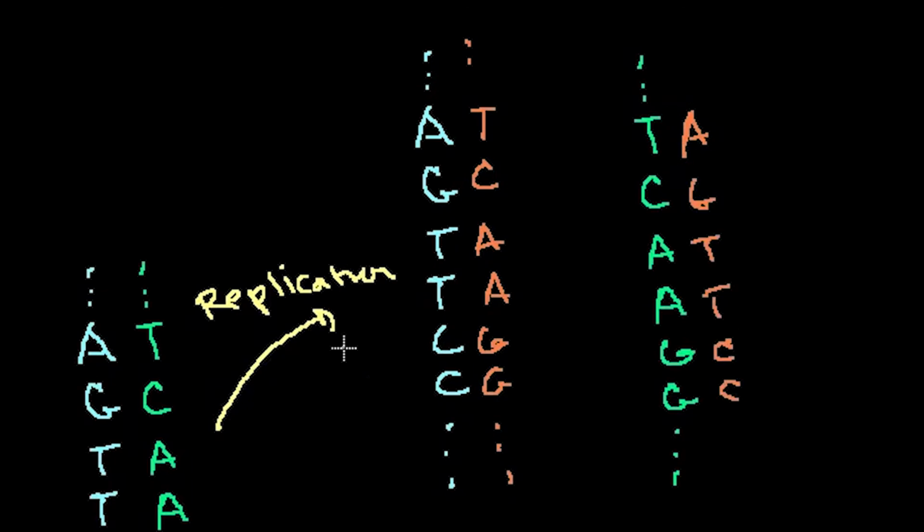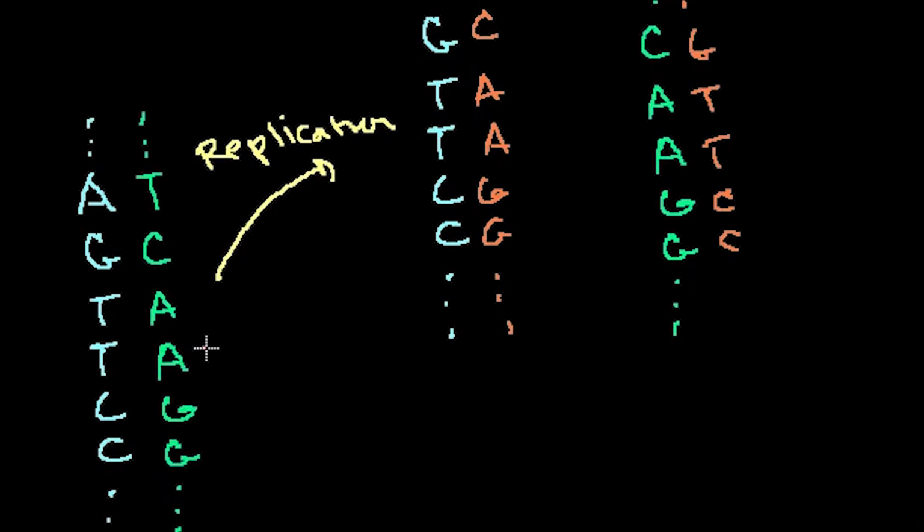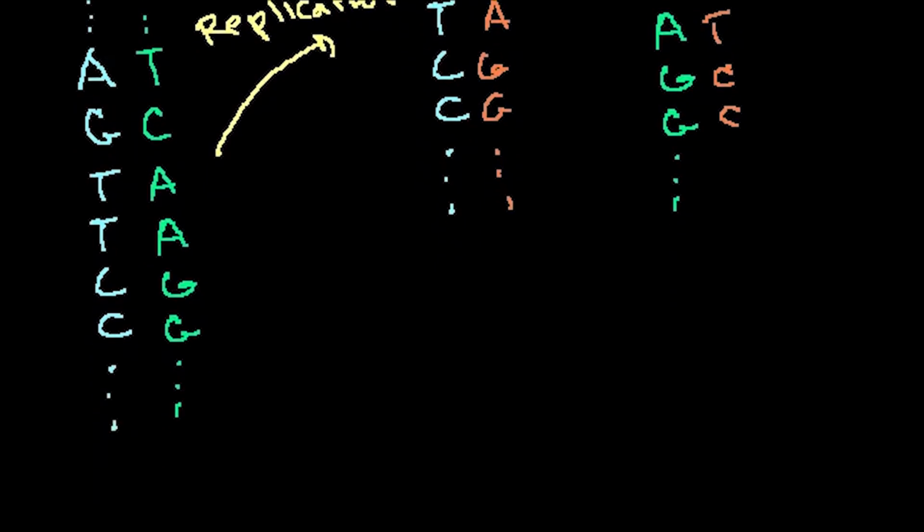So what just happened? By separating and then just attracting their complementary bases, we just duplicated this molecule. Right? And we'll do the microbiology of it in the future. But this is just to get the idea. This is how the DNA makes copies of itself. And especially when we talk about mitosis and meiosis, I might say, oh, this is the stage where the replication has occurred. Now, the other thing that you'll hear a lot, and I talked about this in the DNA video,